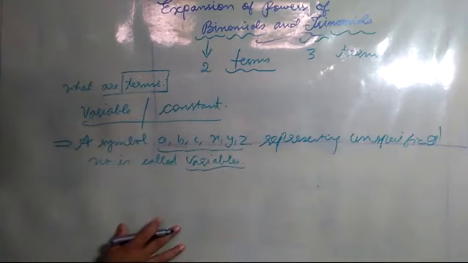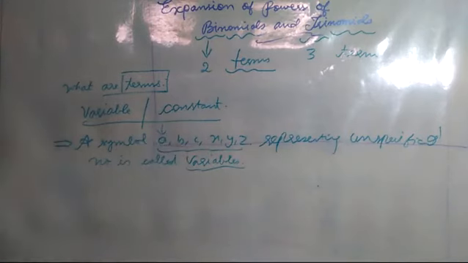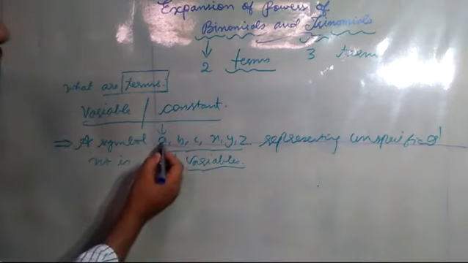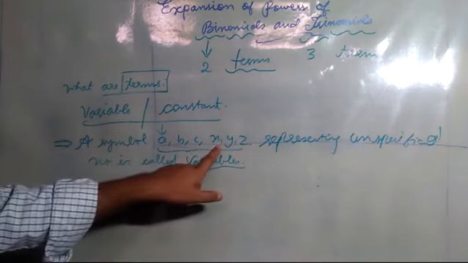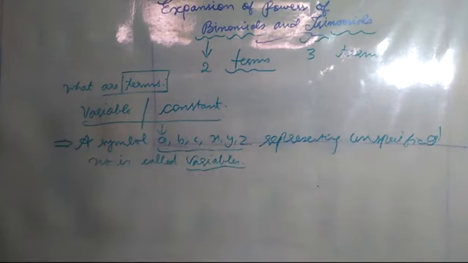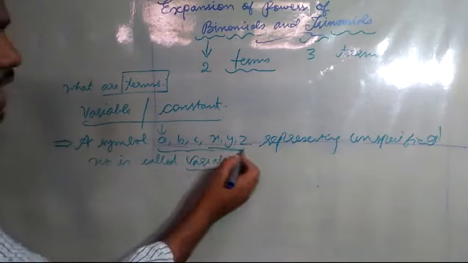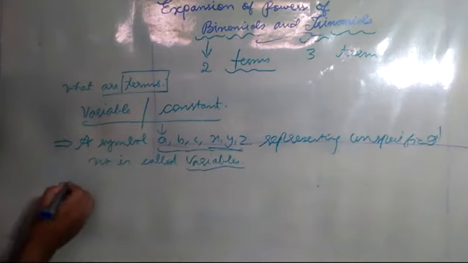Why it is called unspecified? Because if we solve numerical problems, different values of a we will be getting in different questions. Like in question number 1 we may get a is equal to 5, in another question we may get b is equal to 7, b is equal to 6. In one question I may get x is equal to 5, in another question I may get x is equal to 4.5. If I solve various numbers where we are having x, y, z symbol, so that is why it is called variables.